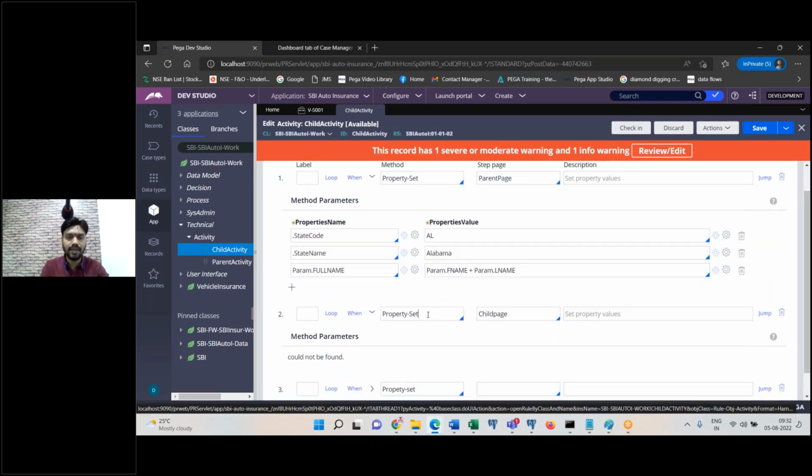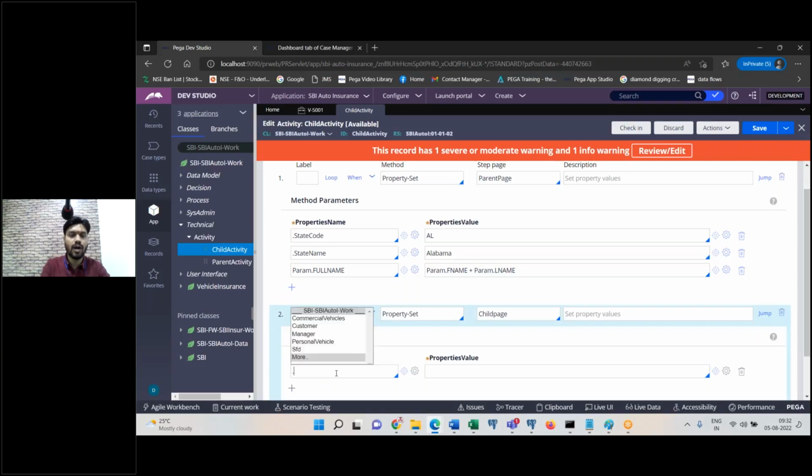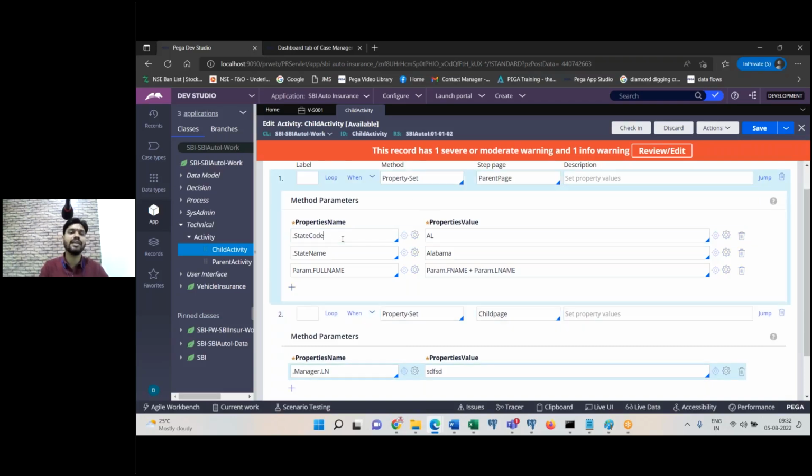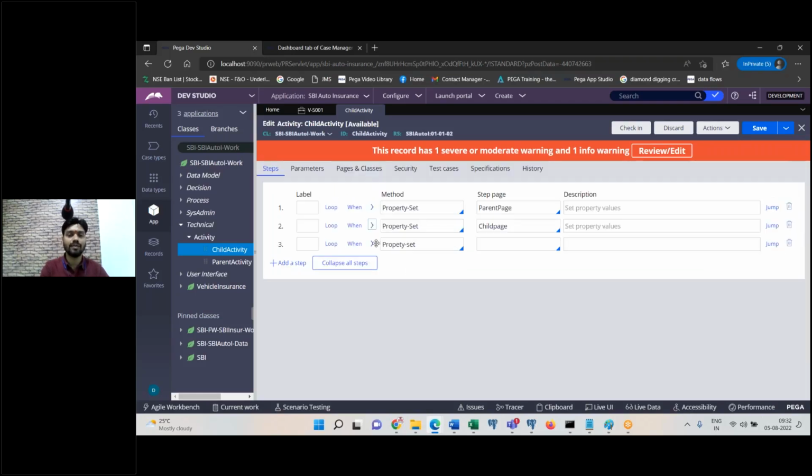And in this property set, dot some value, manager dot some value. Now you see here, dot state code here is parent page dot state code. Dot manager dot ln here is child page dot manager dot ln. Understand? But coming back to the third one,